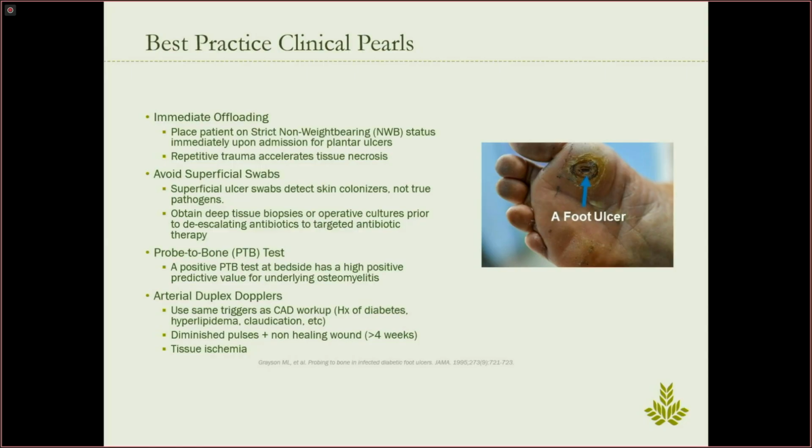It's essential. Superficial swabs have no role because our skin has bacteria on it. So we're going to get some Staph epi, maybe even a little bit of Staph aureus. So if you want, you can just wait and allow us to get our deep cultures, our deep tissue, our deep swab cultures intraoperatively in a sterile environment that help narrow down that IV antibiotic choice. Probe to bone test is very useful. If you can see the bone, if you can touch the bone, there is an 89 to 90% chance that that bone is infected.